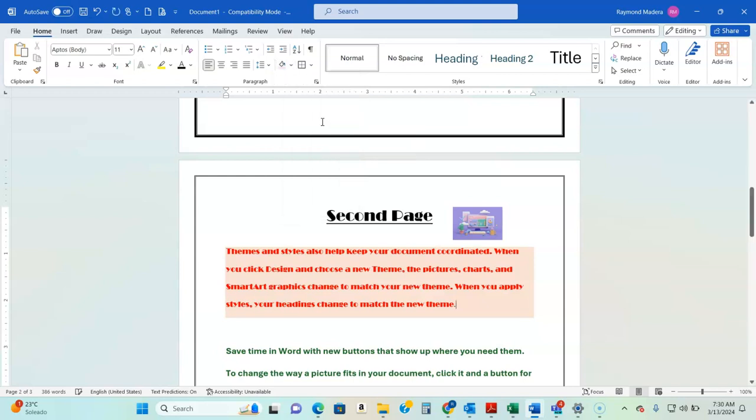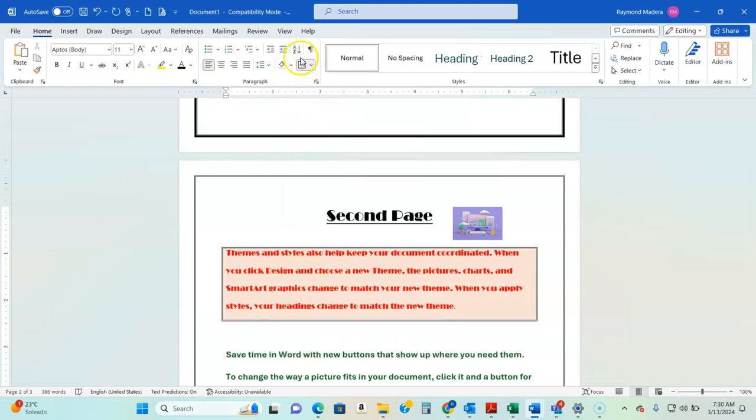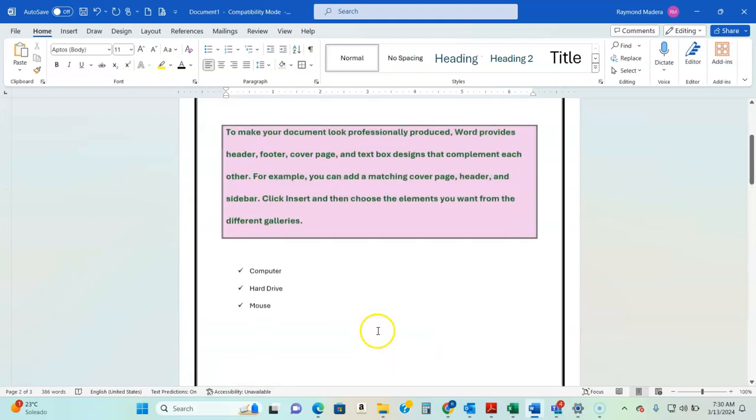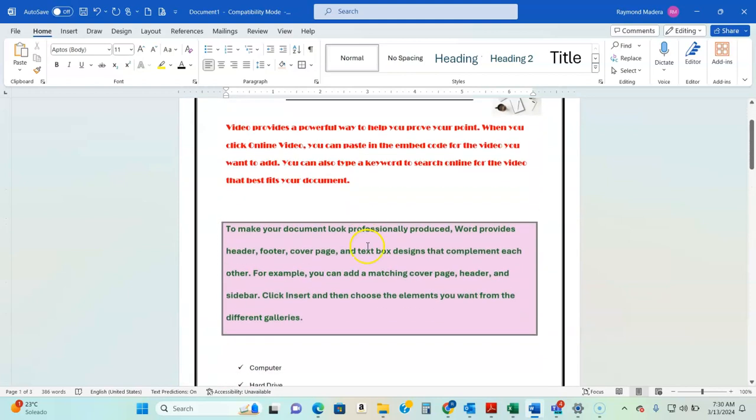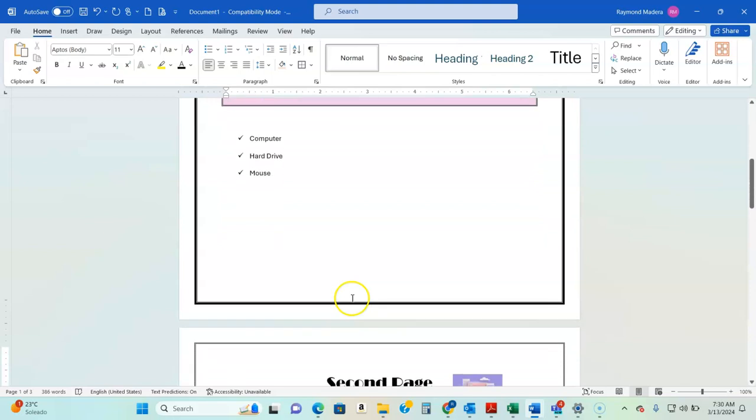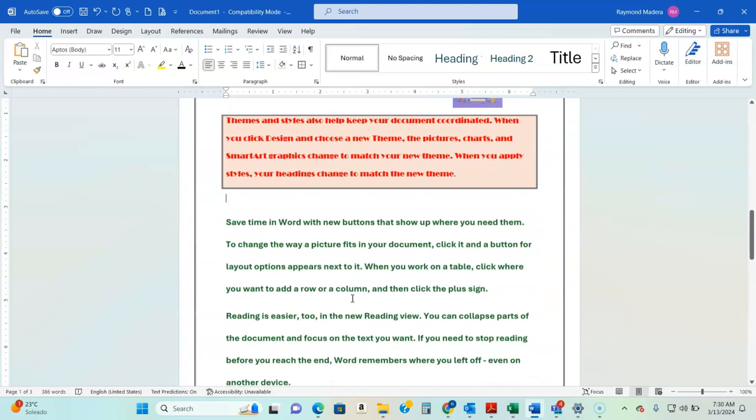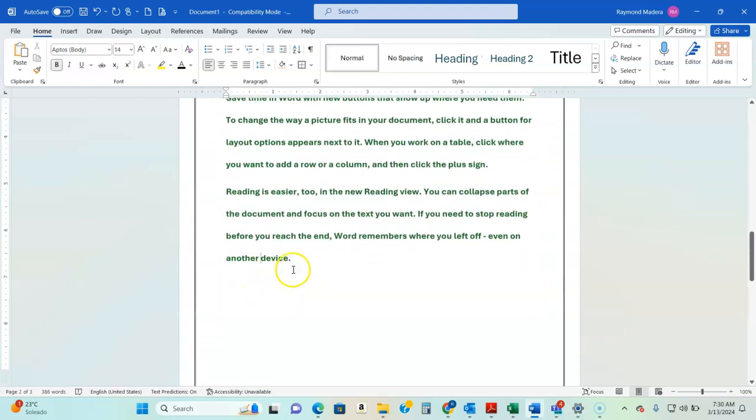Again, I'm going to choose this one. I'm going to check to see if I can put a border surrounding this first paragraph. And you notice you will have this paragraph right there for my document, and here I'm going to create a